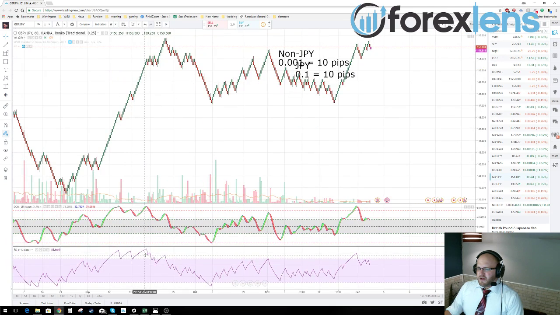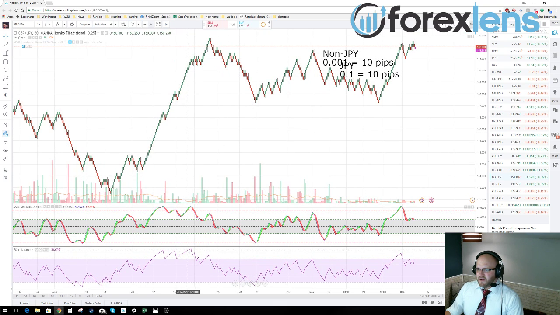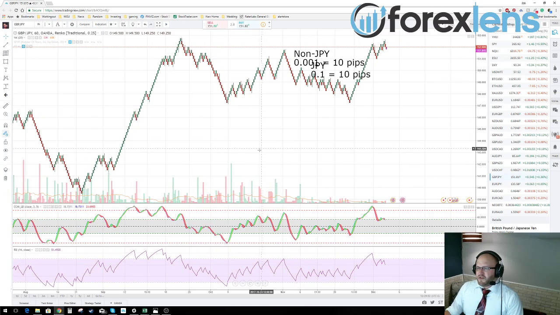The only suggestion I would give you about using any kind of indicator is that you really only want to judge from extreme ranges of overbought and oversold. Anything in the purple area in this chop box here, just ignore it. The best trades you're going to find are when you have divergences in the very, very upper ranges of the RSI, or the very, very lower ranges of the RSI. Another thing to look for